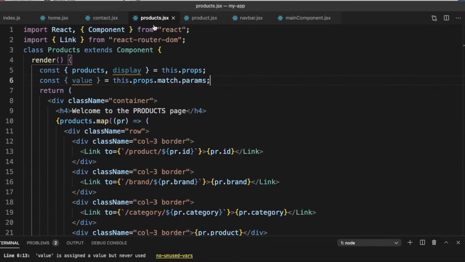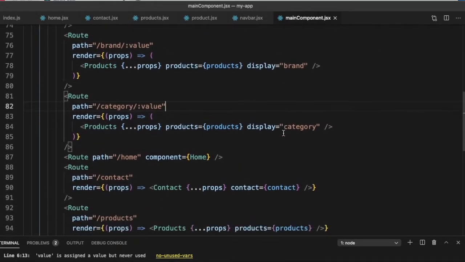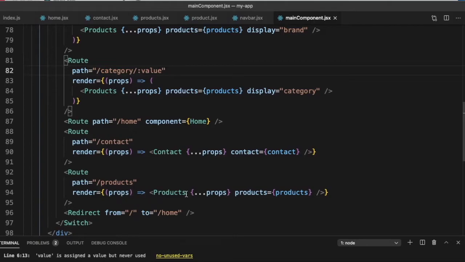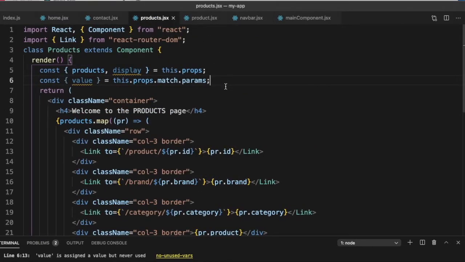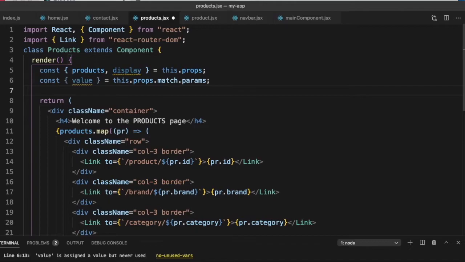Now in this case, we are also calling products in a different way. Where are we calling it? We are calling products here, where we show all the products, in which case neither do we have the colon value nor do we have the display. So what would be the value in such a case? The value in such a case would be undefined. So let's, based on it, filter it. So let's just say display. If the value of display is truthy, then we want to filter. Otherwise we don't want to filter products, we want to show all the products.